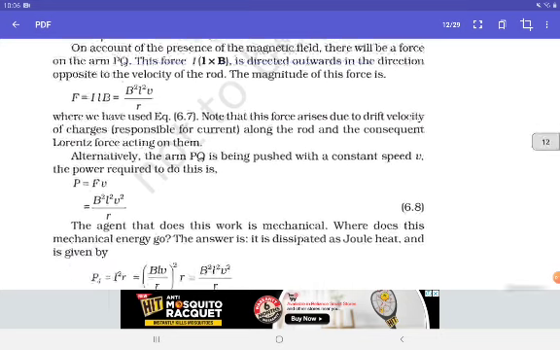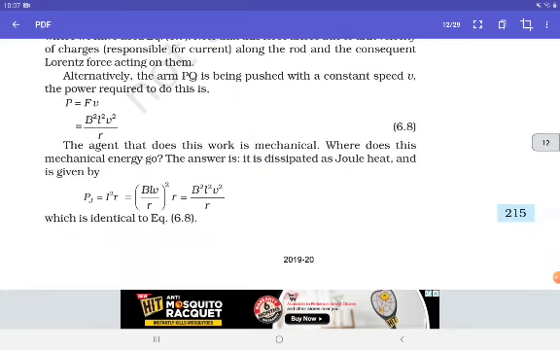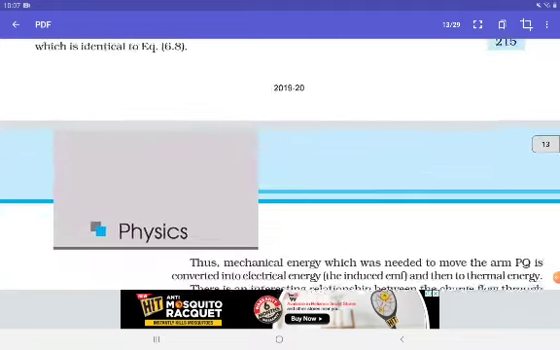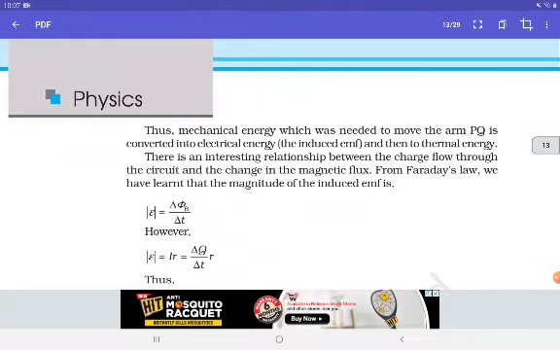The answer is it is dissipated as Joule heat and is given by Pj is equal to I square R is equal to (BLV upon R) whole square into R is equal to B square L square V square divided by R, which is identical to equation 6.8. Thus, the mechanical energy which was needed to move the arm PQ is converted into electrical energy and then thermal